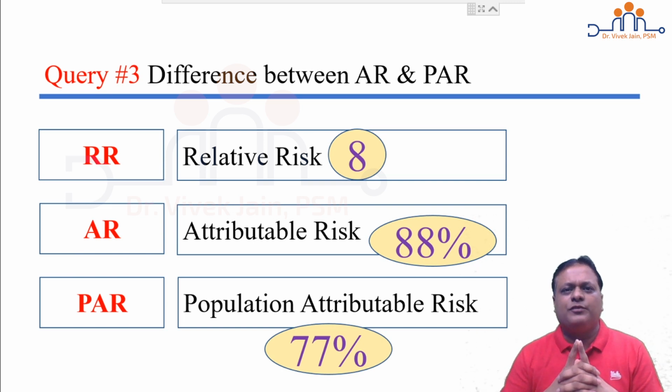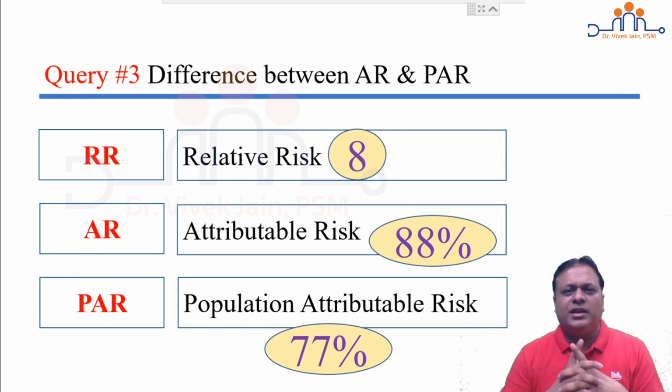So let me repeat it again. If I modify or eliminate the risk factor, how much annual reduction of incidence of disease will occur in the population? So let's take this example. Attributable risk in a cohort study between smoking and lung cancer came to 77%. It implies, if I modify or eliminate smoking from my city population, then there will be an annual reduction in incidence of lung cancer by 77% every year. So new cases, 77% of lung cancer will decrease every year. But it will have no effect on the other 23%. Why? Because I am not controlling the other risk factors besides smoking.